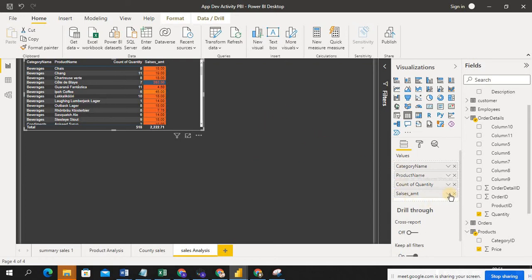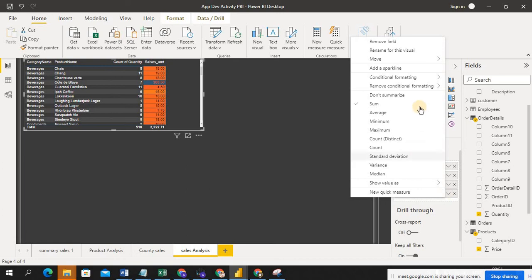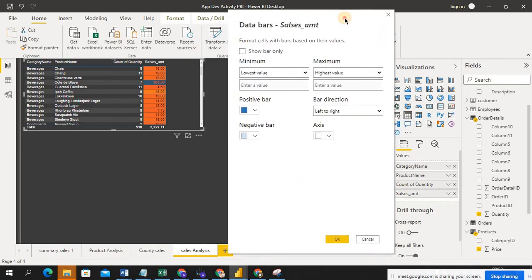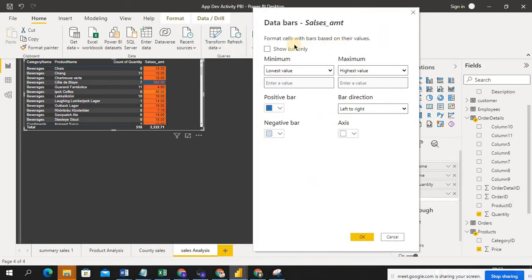The same way on this column I'll make it conditional formatting, data bars. Okay, this is also very important, right? Data bars. So for lowest values, for highest values, so data bars I selected.